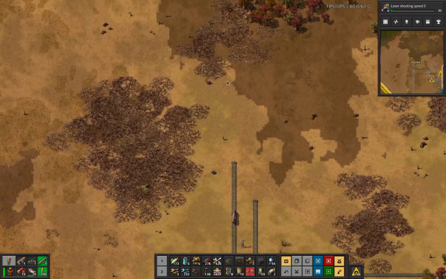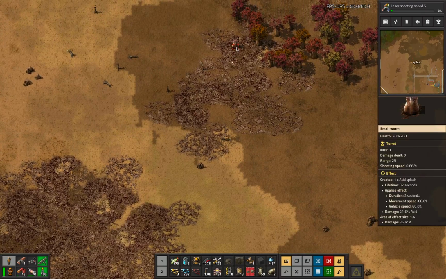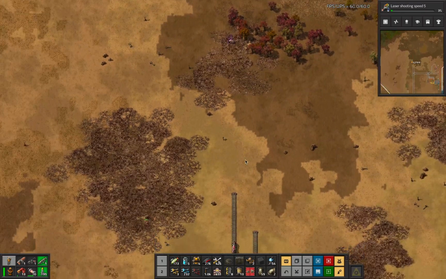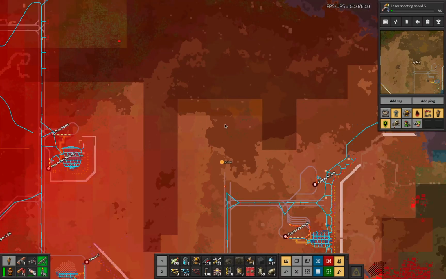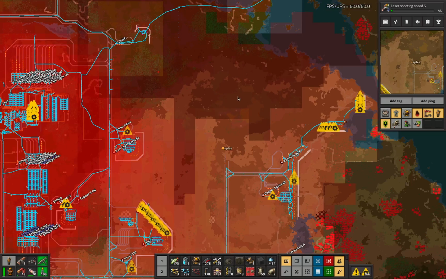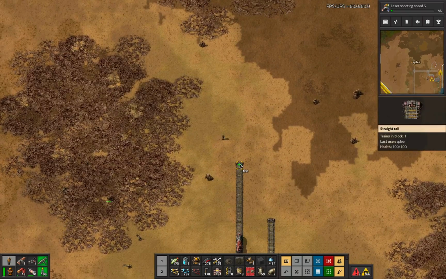So rocket launcher, I think I saw on the map there was still a worm here, so it needs to not be. But basically, how am I going to do this? This is going to turn into kind of solar panel city. I think the way we're going to do this is go...